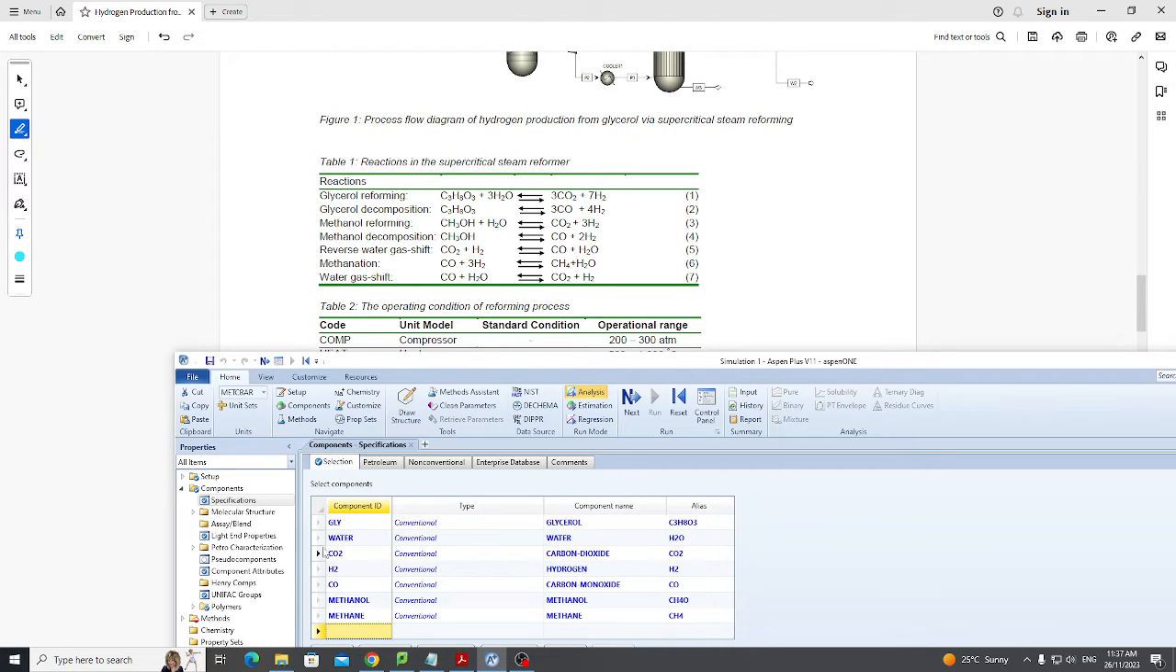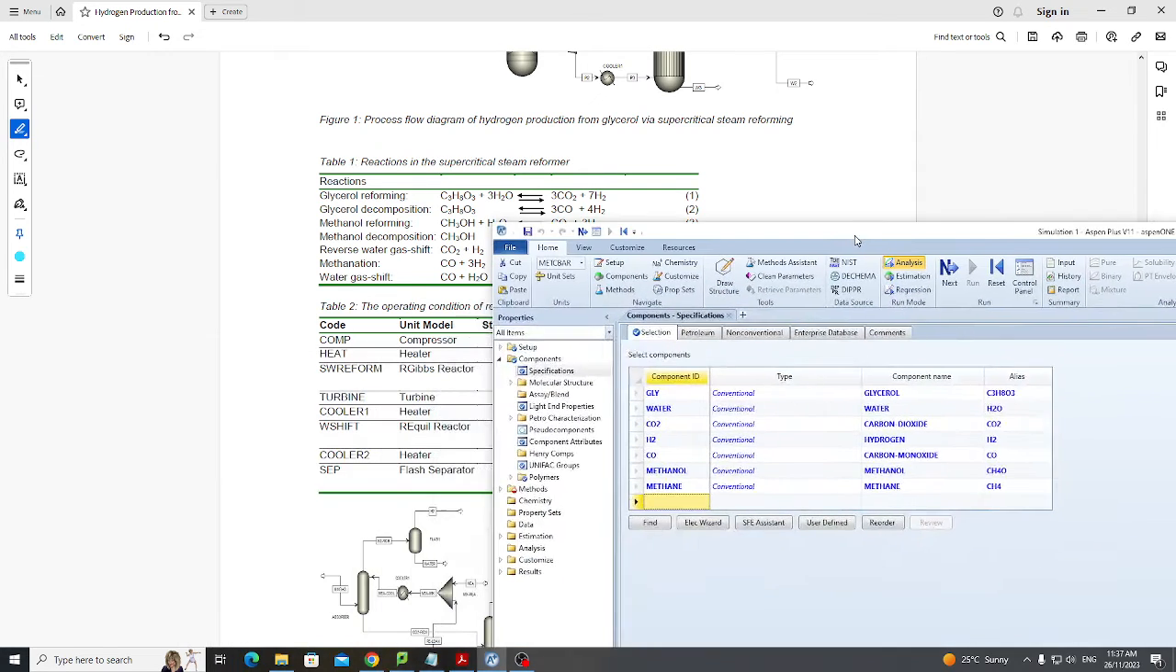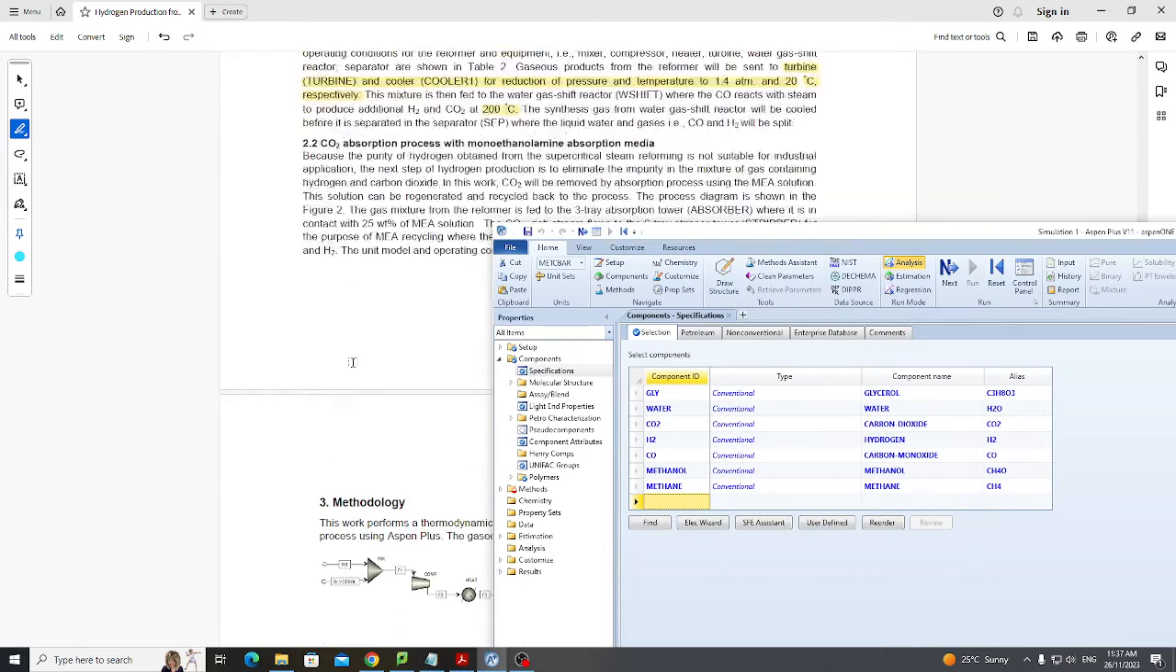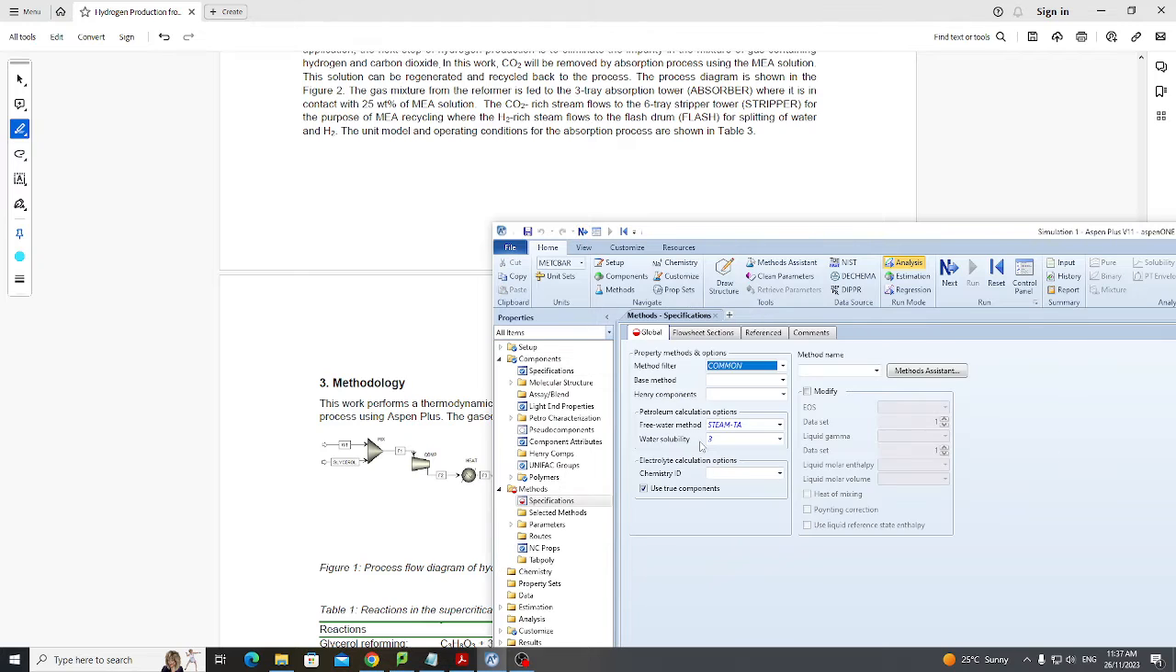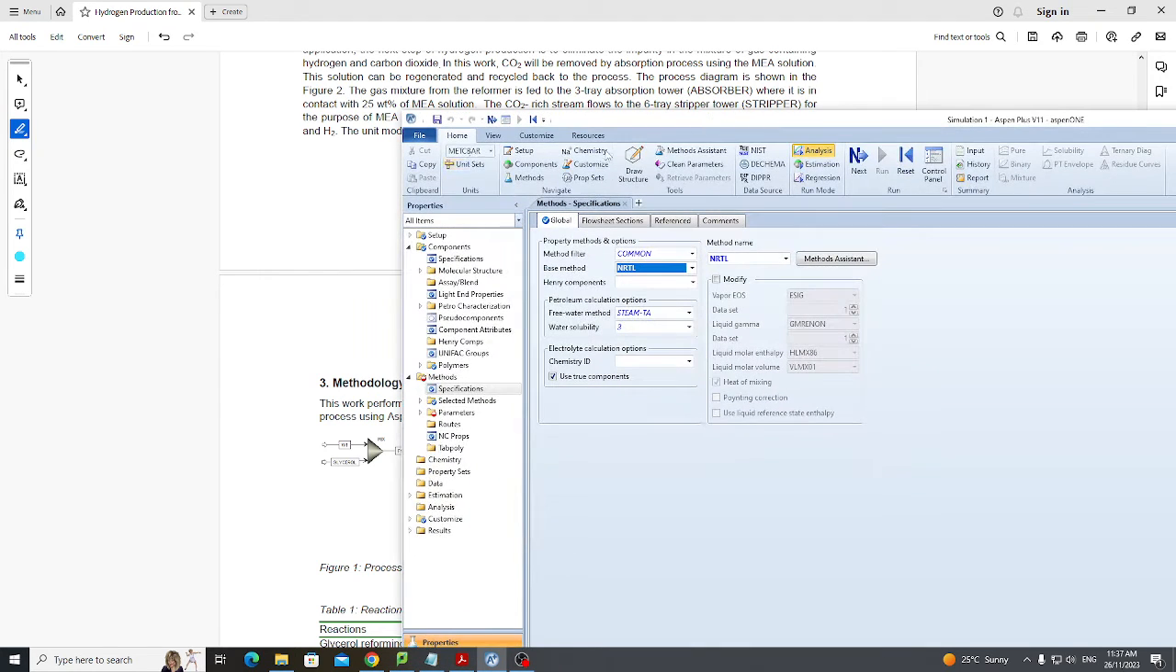I think that's all. So we have 1, 2, 3, 4, 5, 6, 7 components that are added. According to this paper, they use the NRTL equation of state. So we choose NRTL equation of state for the simulation, and then we can click on